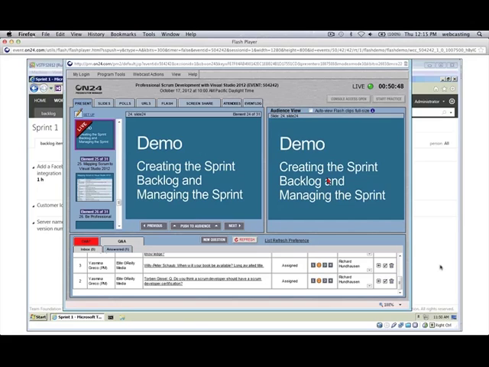Retrospective, if you do take notes on how did this sprint go from a process or a practice point of view by the team, you can log those notes into a wiki entry or a document on the SharePoint portal. If there's any actionable tasks, they can be put back into TFS as work items. And I do recommend that.